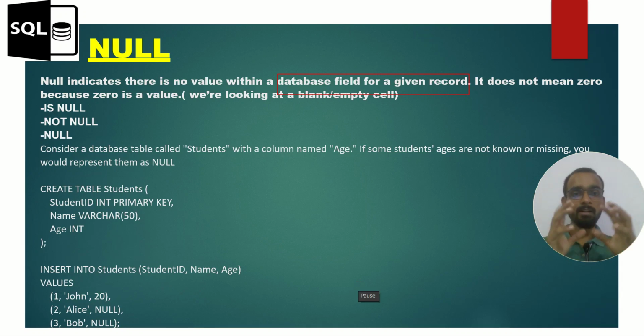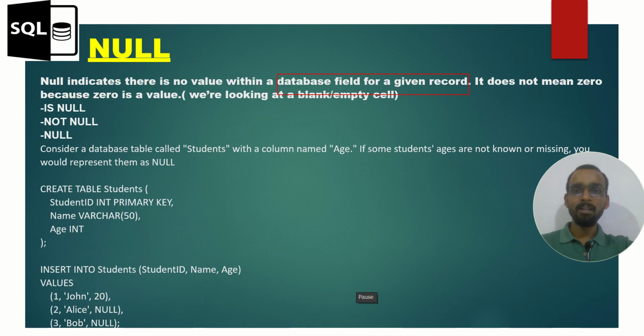Let's go on in layman's language. Let's say you have a database and it is showing null. What exactly does it show? It shows that there is no value within the table or database for that particular given record. That's it. We will see this in the coming videos along with this video also. So I'm just requesting you to be with me.